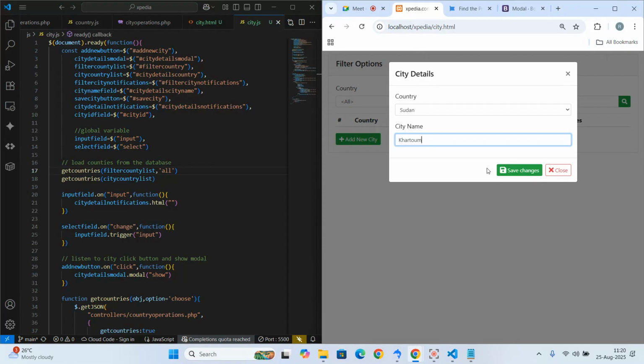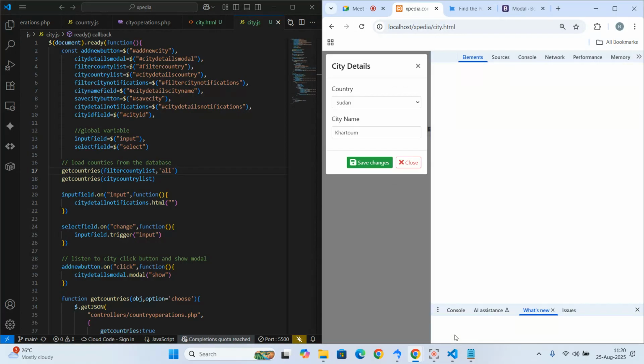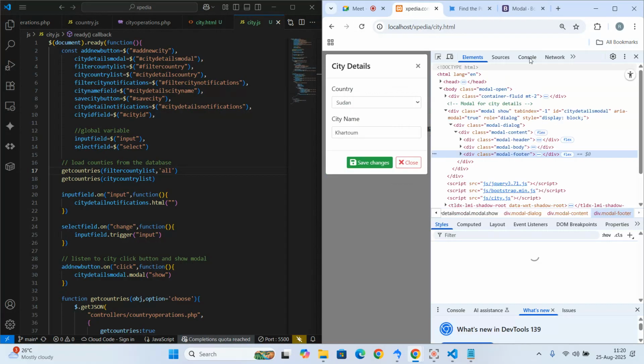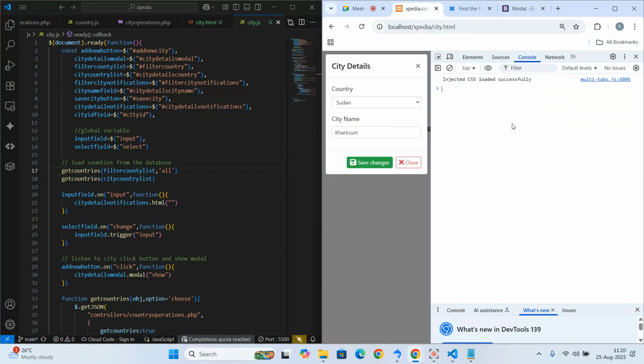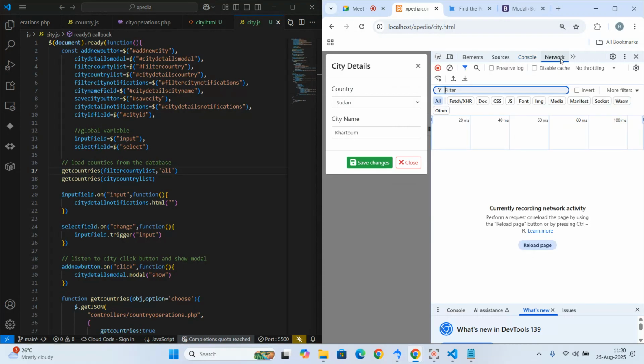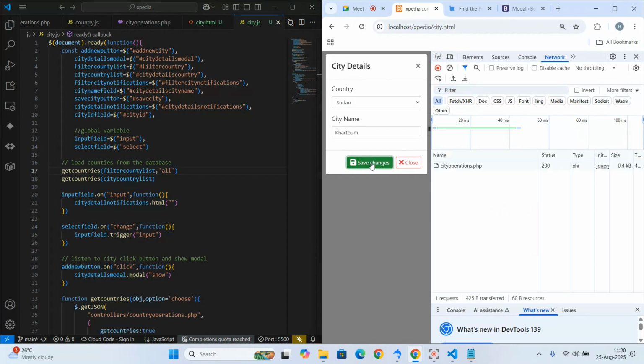So at this point in time, if I click on save, it should save and it should tell me up here that it saved successfully, which it is not. So it means that there's an error back here. So I'll come to inspect back here and I'll check the console if there are any errors. There's no error on the console. Then I'll come to network over here. When I click on save,